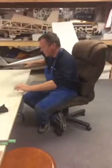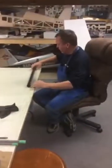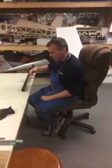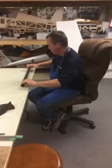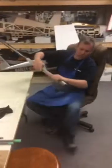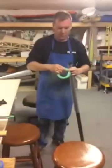Now I set it here on my bench, and the reason this is key is because you're going to be rolling the same way. If you roll up your wax paper wrong, it's going to ball up on you and things like that. So I just set it here on the bench and I roll it up. Now, you want to leave 3/4 of an inch hanging off over here. You're going to take your tape,